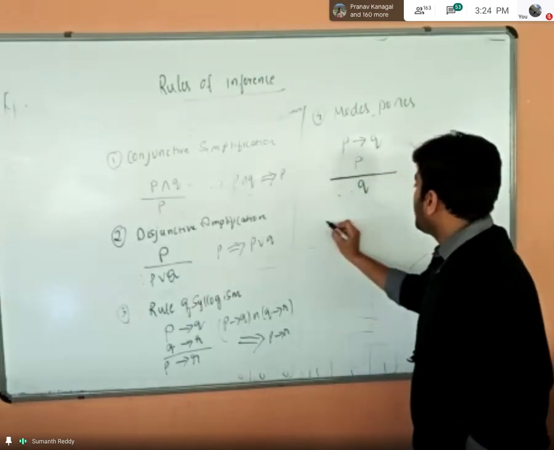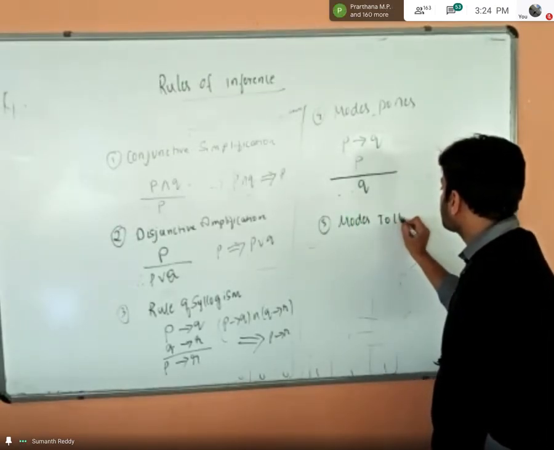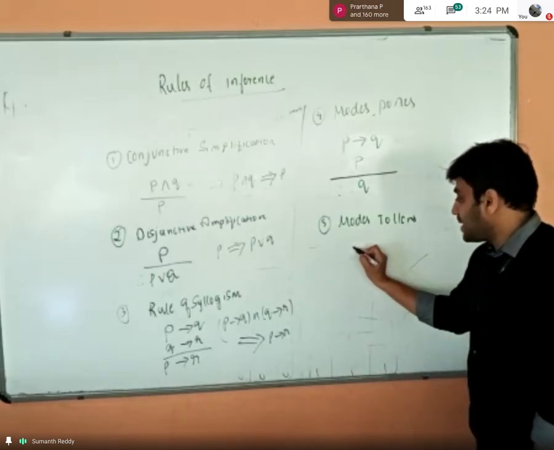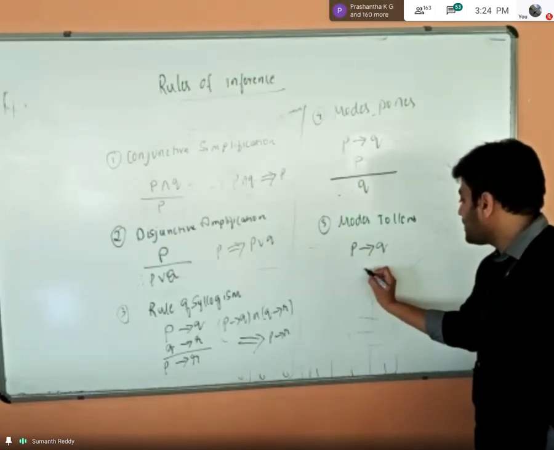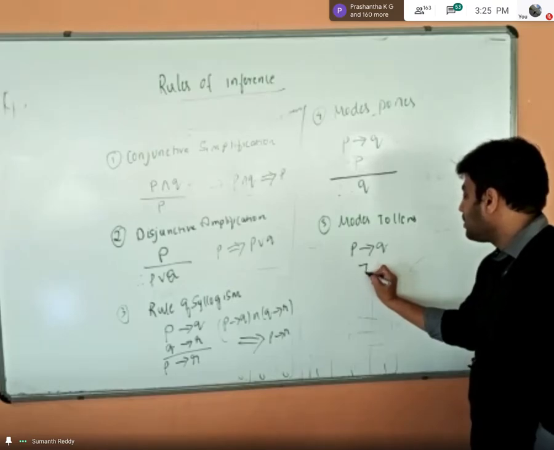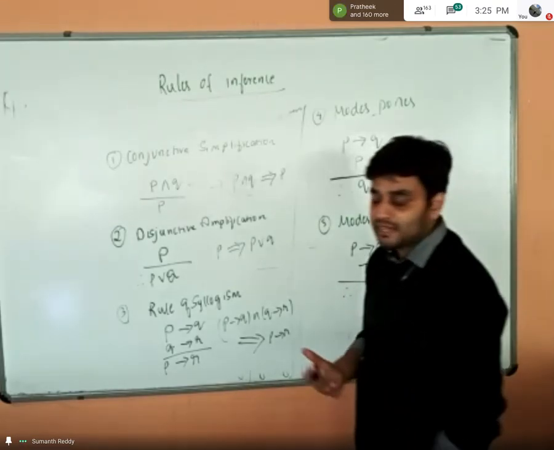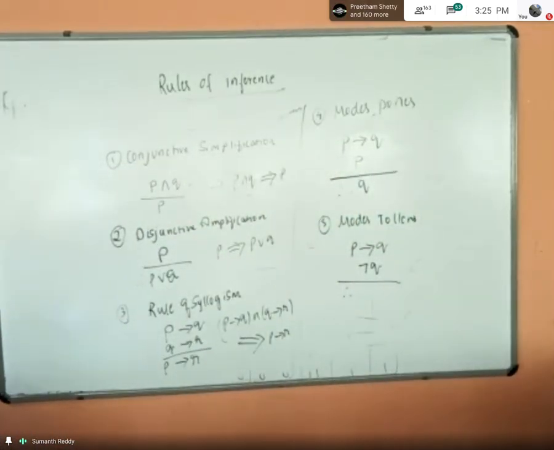Okay. So next you have one more rule, that is modus tollens. What this modus tollens rule tells is that, in the same way, we have a premise called P implies Q is true, and I have one more premise which will tell that negation of Q is true. Okay, fine. So now tell me, what is the value of P? Just think and tell me. I have given P implies Q is true and negation of Q is true. So now what is the value of P?